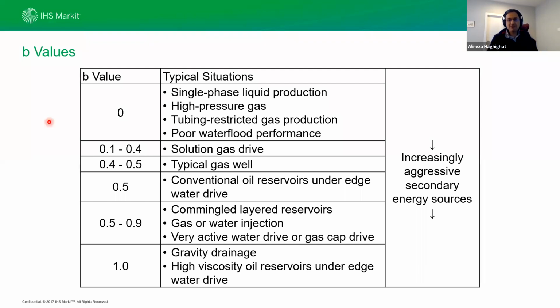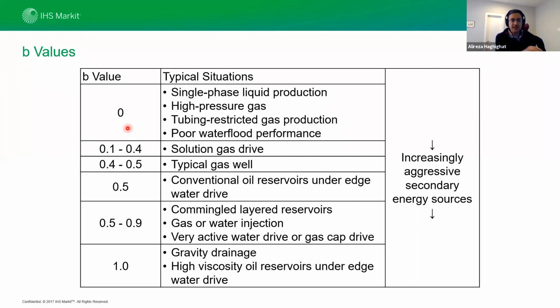So if the reservoir is weak, if you don't have enough pressure support, you will see your production declining at high rates. The decline remains constant, so you see a b value equal to 0. What are the cases, for example, for high pressure gas, for single phase liquid production? Sometimes, when we have tubing or restricted gas production or poor water flood performance, you see a high decline rate